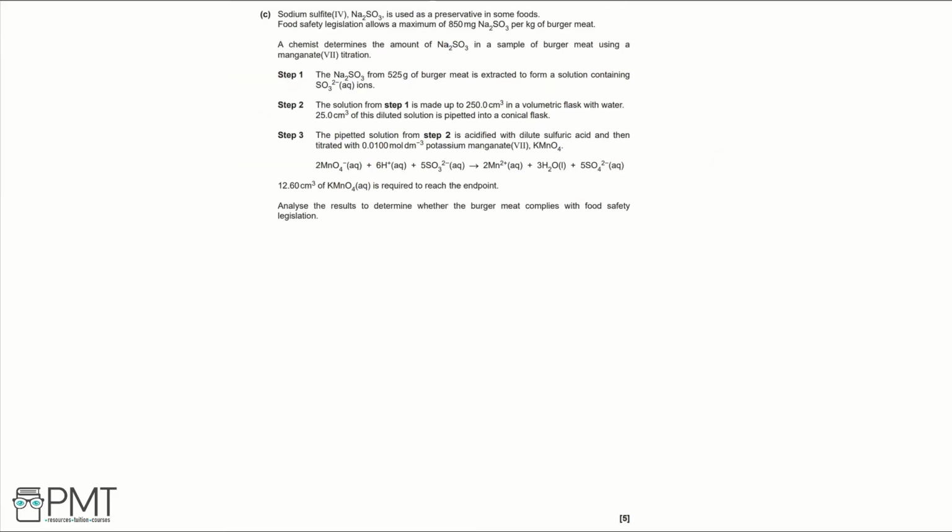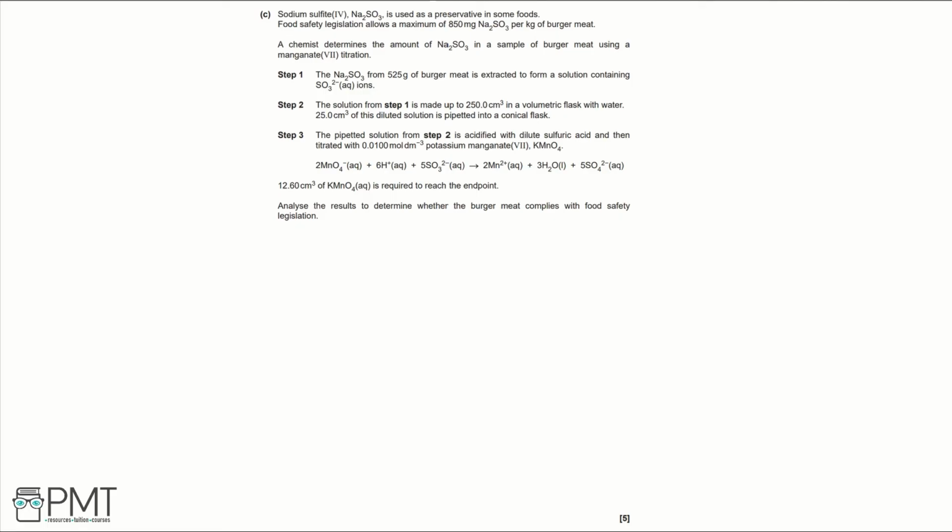Part C. Sodium sulfite, Na2SO3, is used as a preservative in some foods. Food safety legislation allows a maximum of 850 milligrams of Na2SO3 per kilogram of burger meat. A chemist determines the amount of Na2SO3 in a sample of burger meat using a manganate 7 titration. Step 1. The Na2SO3 from 525 grams of burger meat is extracted to form a solution containing SO3 2- aqueous